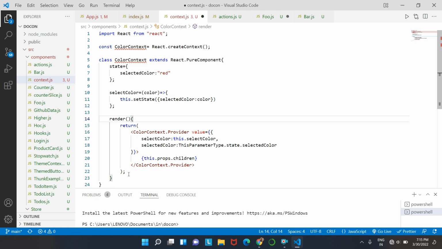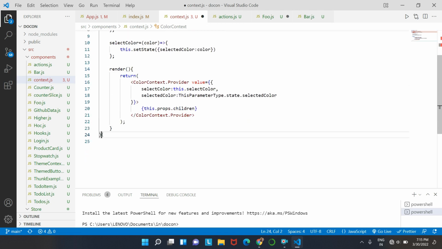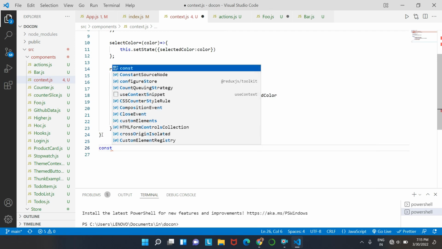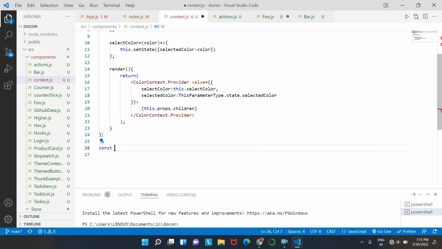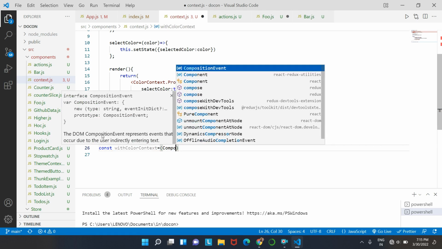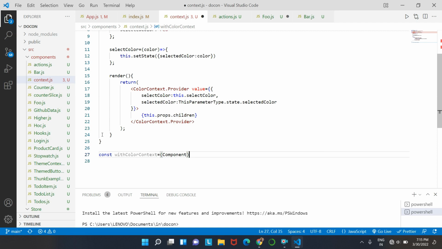So now what we are going to do is, after the provider thing, we are going to add our const withColorContext. So const withColorContext, and here I am going to pass component as the argument. So component, and then going to pass an arrow function. Here we will pass props. The props is assigned to